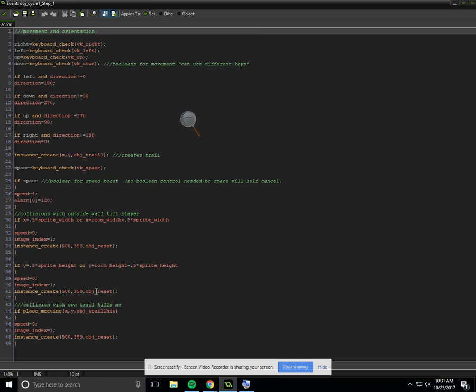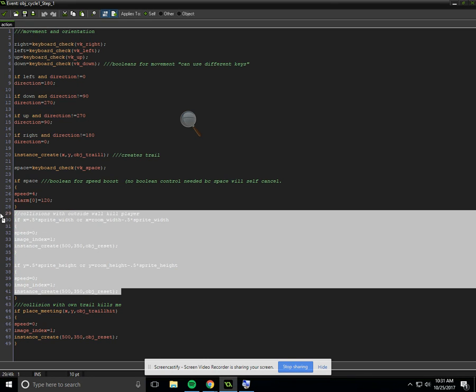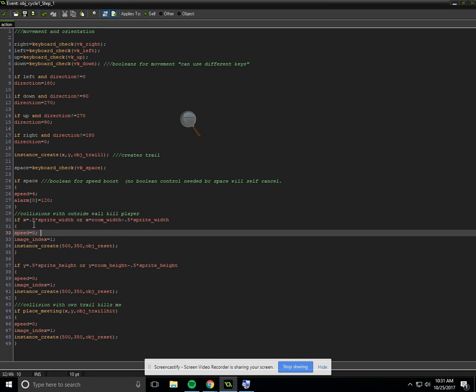collision with wall will kill player. So right here it all is in this bit right here. And so let's talk about the thing. It just basically says if X is within half of a sprite width of 0, or if X is within half of a sprite width of room width, then kill him. And what I do is I set the speed equal to 0. I use his image index, which I've created that just shows like a broken piece of glass, and I instance